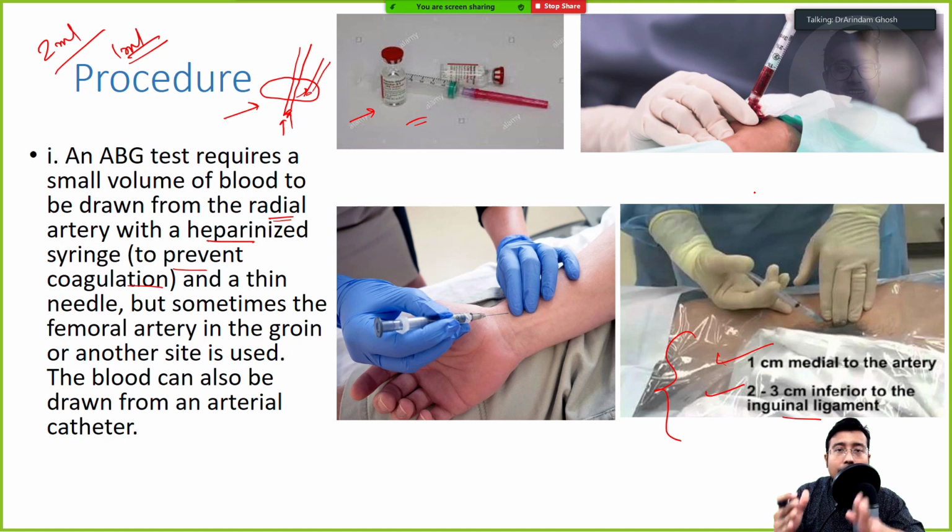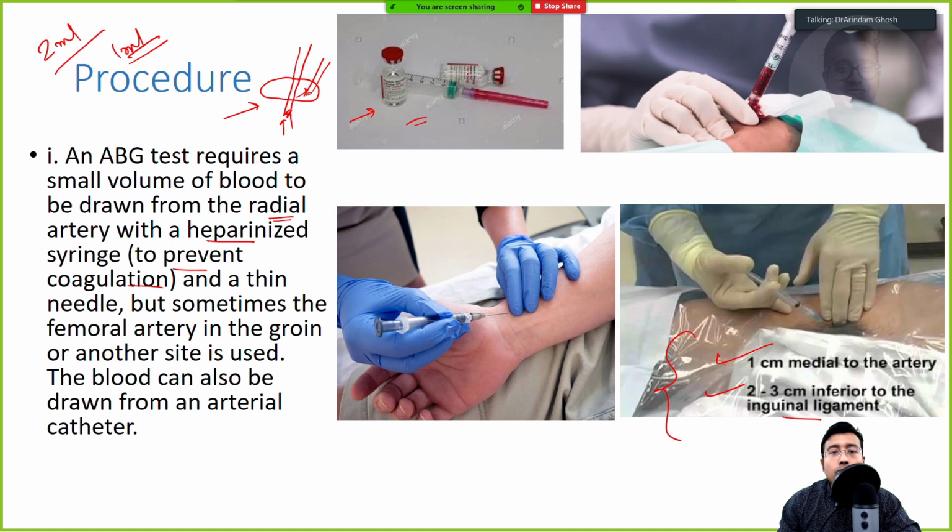Sometimes there is something known as a central line. Generally, a central line is a venous line, a central venous line, but for some reason arterial catheters are also inserted. A catheter means a sheath, a very thin pipe that is already inserted in the artery. We can use that line to draw blood from the artery, but that is extremely rare and there are very few indications for arterial catheterization.